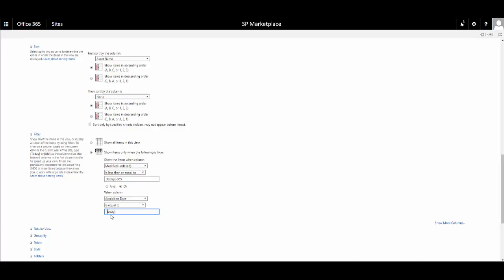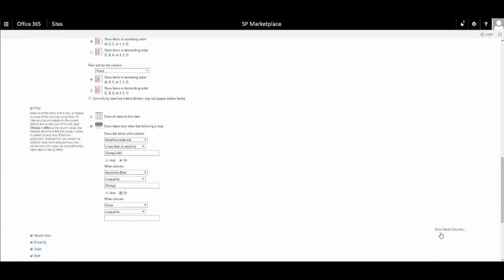Oh, I put a lowercase, we got to fix that. Then I can go in here and I can say show more columns. That's going to add another one, and I can keep adding over here. I can keep adding more and more columns to filter and refine my filtering down to get exactly the results